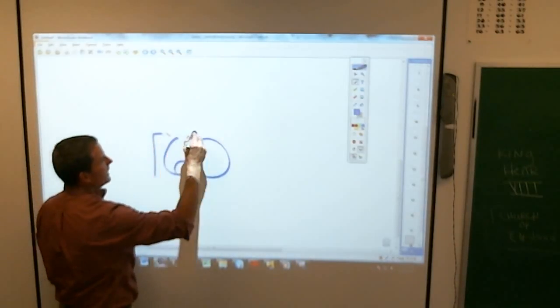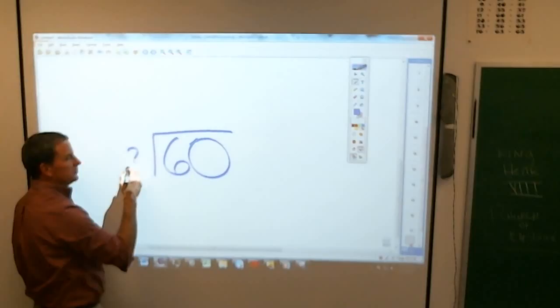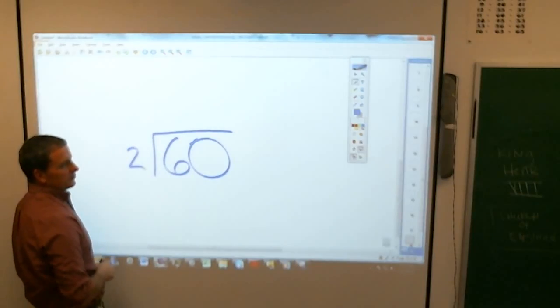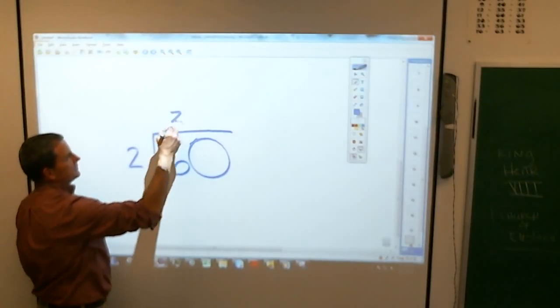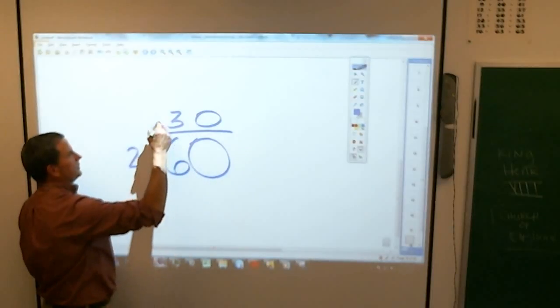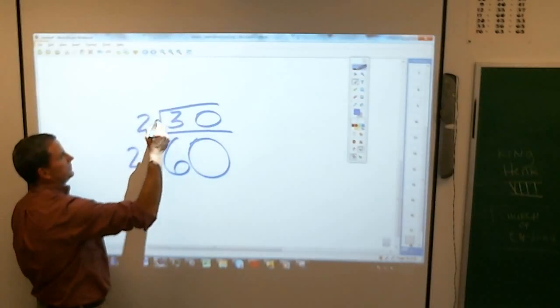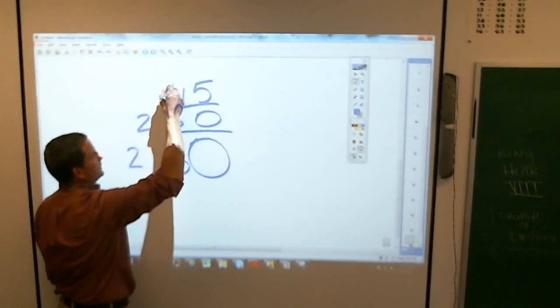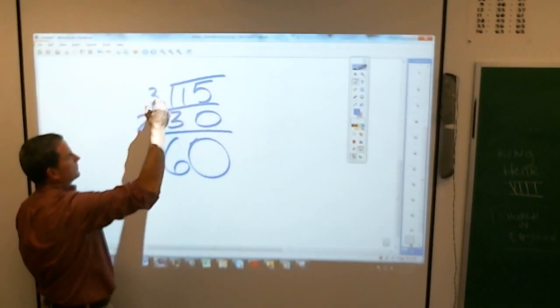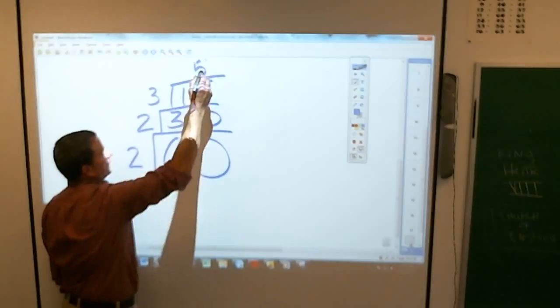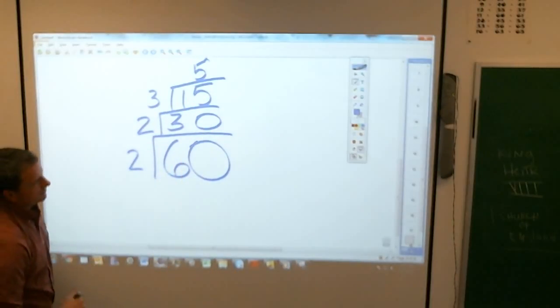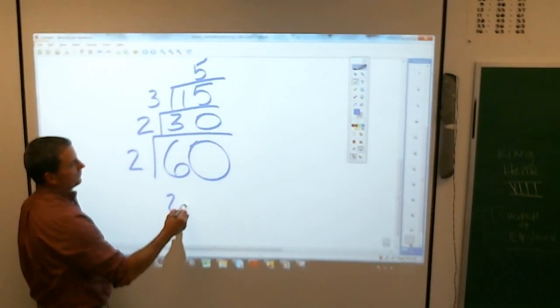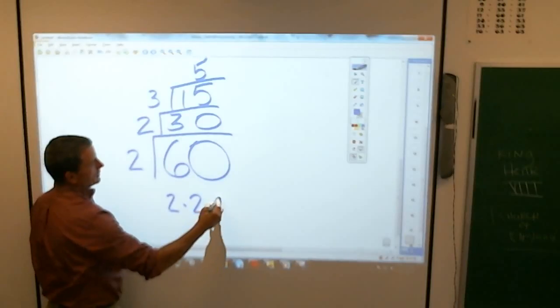If it's even, I would cut it in half and use 2 as my prime number just because that's easy to work with. Half of 60 is 30. 30 can be split in half. You get 15. Can you stop at 15? No, because 15 can be divided by 3 and 5. Those are all prime numbers, so that's your answer. 2 times 2 times 3